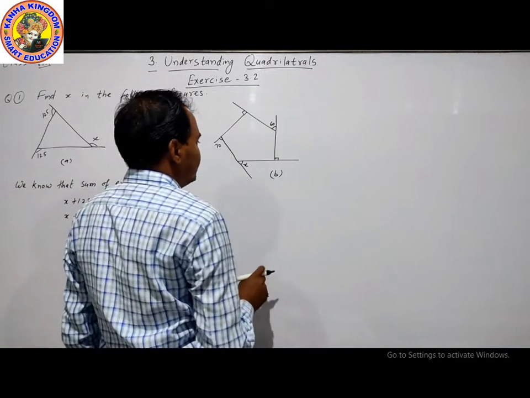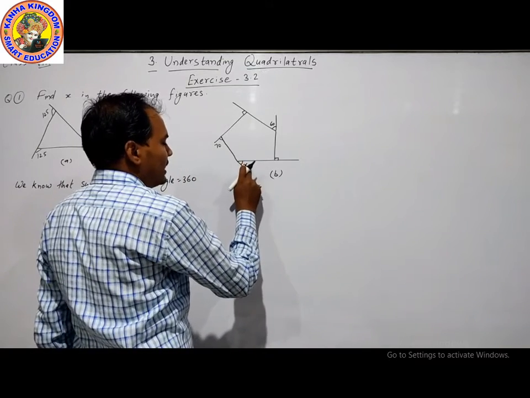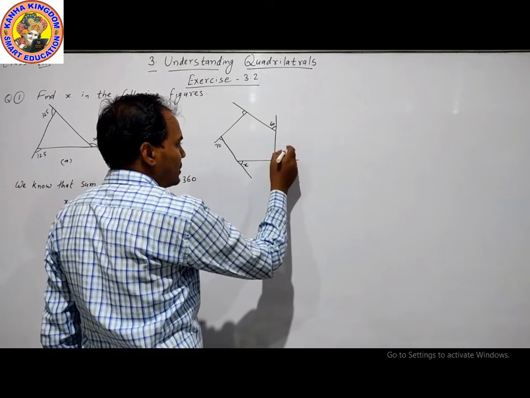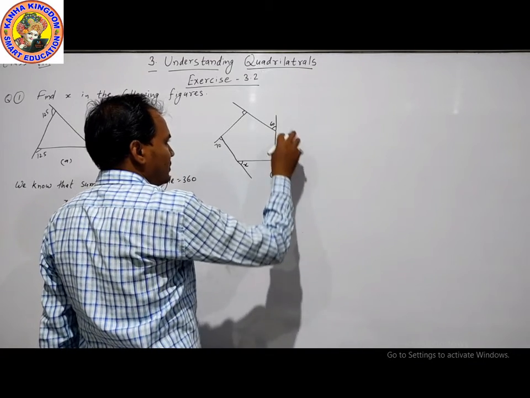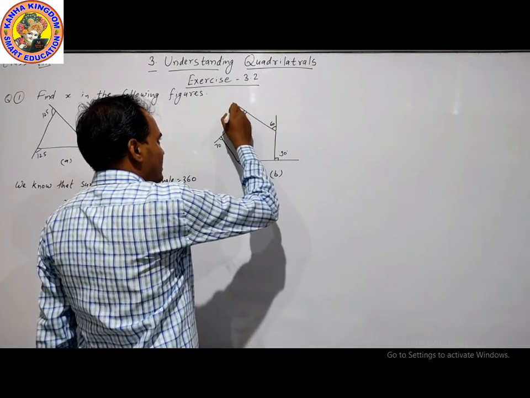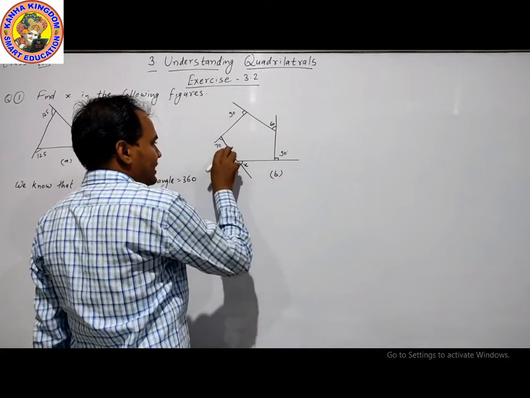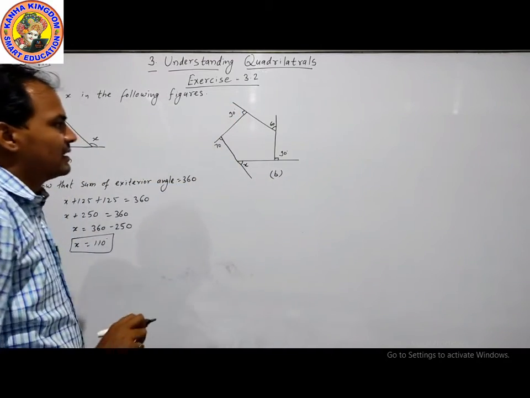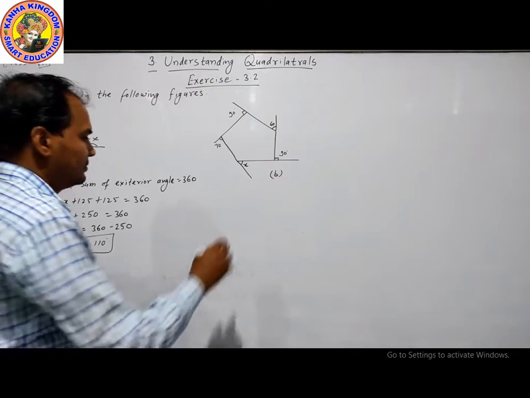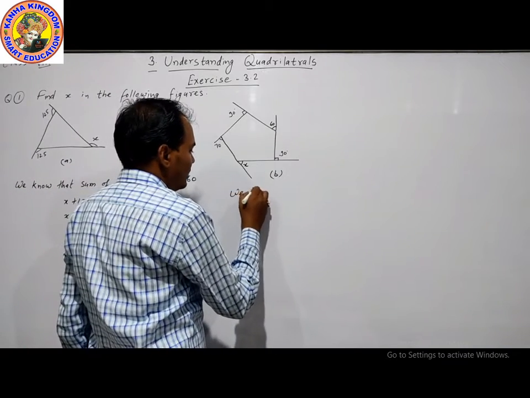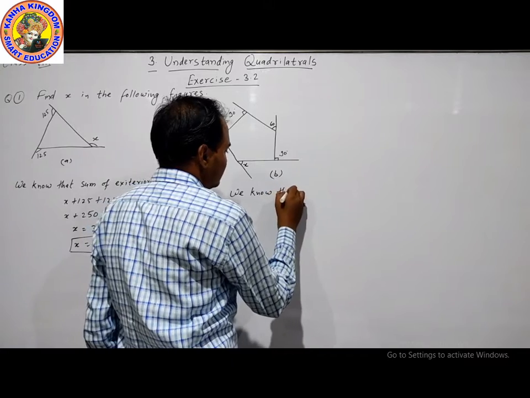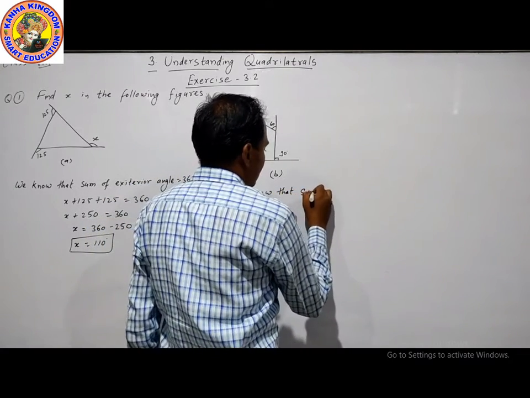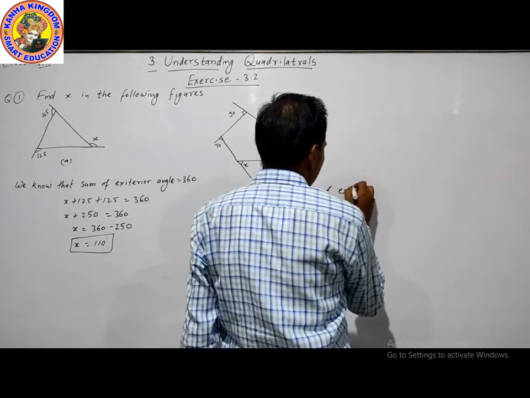In this diagram, here is x. There is a symbol. This symbol means the angle is 90. Then 60, then this will be 90 and 70. The exterior angle sum: we know that the sum of